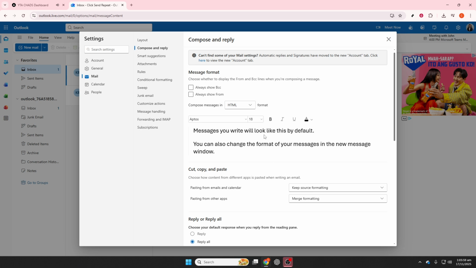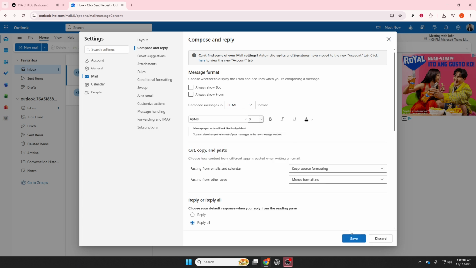This ensures that all the adjustments you made are applied and will take effect the next time you compose an email. With these changes, every new email will reflect your updated settings, making them easier to read and offering a consistent appearance that can enhance your professional communication. I hope this guide has made it easier for you to customize your Outlook email experience. Adjusting your font settings can greatly